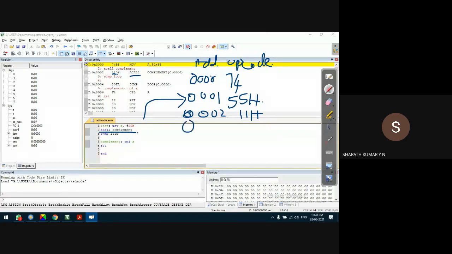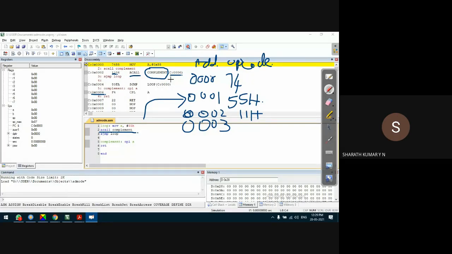In the next location, 0003, the target address, which is represented using the name, is stored. You can see here in the bracket C for code memory. C:0006 is the target address. How does the compiler calculate the target address? We'll discuss that possibly after this discussion, because it needs a detailed look into the compiler.